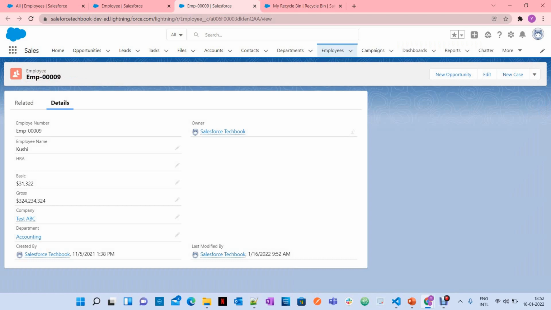But sometimes you want to delete records permanently. You don't want to have these records in the recycle bin once you delete them. How can you do that? That is called hard delete. Okay, we don't have any statement called hard delete, like we have the insert statement, update statement, upsert statement. We have a database method called emptyRecycleBin for deleting the records from the recycle bin also permanently. Okay, let's see how we can do that.